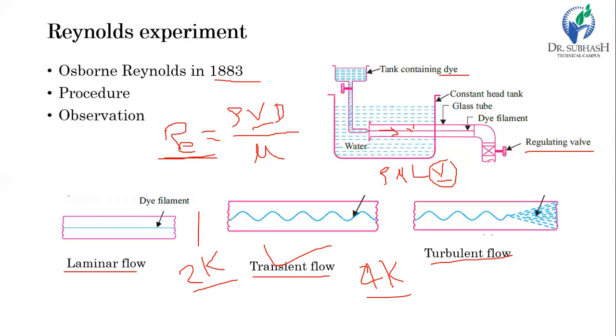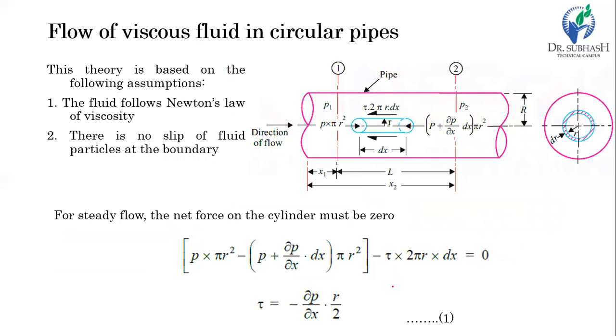Okay, then we will derive the governing equation for the flow of viscous fluid in the circular pipe. So let's consider one circular pipe, and for the circular pipe, another very small circular area of a cylinder is considered for the sake of simplicity, and we will derive the equation for this cylindrical volume and apply it to the whole pipe. So let's first understand the physical dimension.